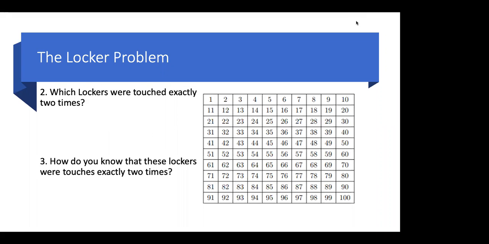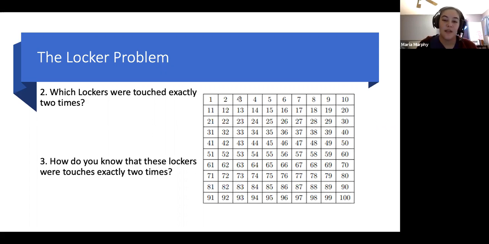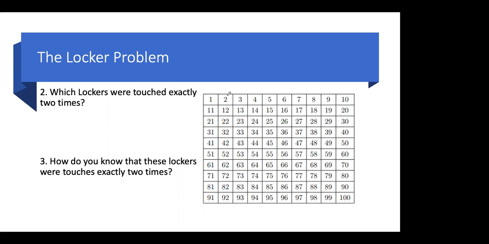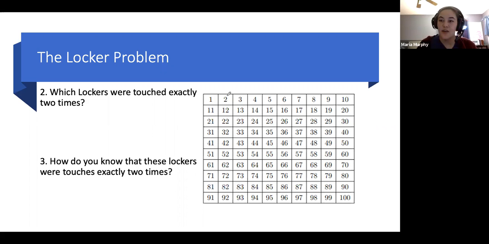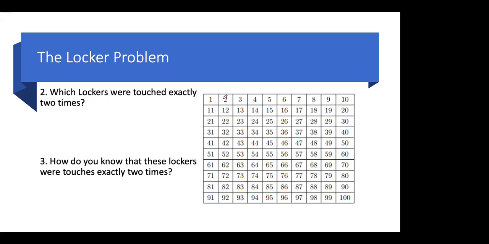They're primes, because the first person touched all of them, and then when it's the prime's turn, it gets touched again. So what are the primes? Can anyone tell me? Do you want me to tell you all of the primes from 1 to 100? So the primes up to 100 are 2, 3, 5, 7, 11, 13, 17, 19, 23, 29, 31,